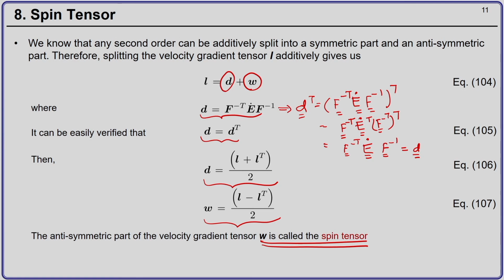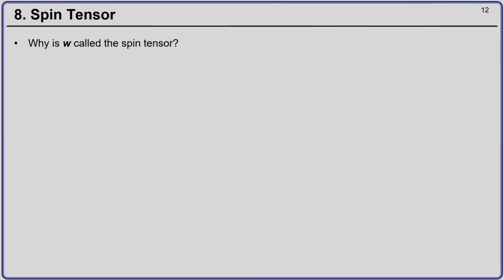We will see why this name. Okay. So, why is W called the spin tensor? To show that, we first notice that the material time derivative of the deformation gradient tensor is the velocity gradient times the deformation gradient tensor. Okay. So, if F dot is LF, which means the velocity gradient tensor is F dot F inverse,